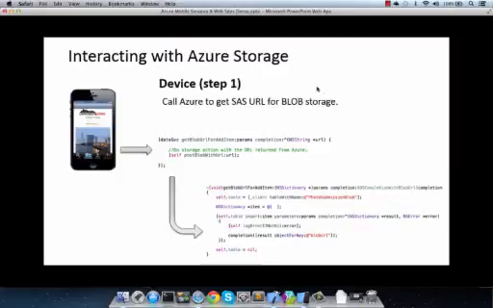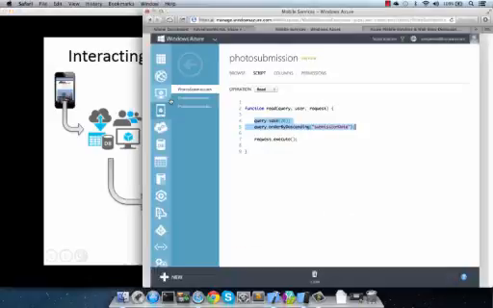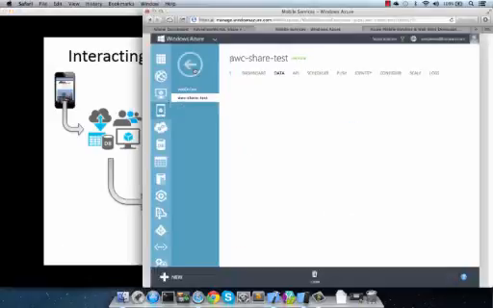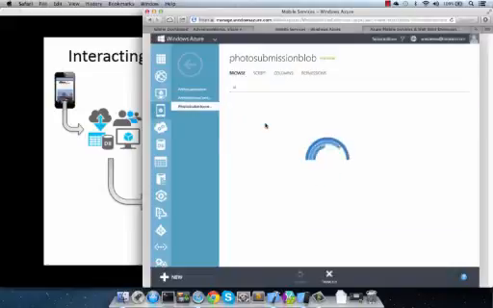And on the client, we're in a data service class that wraps up calls to a particular set of tables. And all we want to do is get back the URL that Azure Services will provide us in order for us to be able to store that blob. We specify the table, photo submissions blob, and then we run the insert action on it in order to get back the blob URL. On the Azure side of things, we can see that if we go to the photo submissions blob table and specifically bring up the operation for insert, we will have scripting that provides that connectivity into